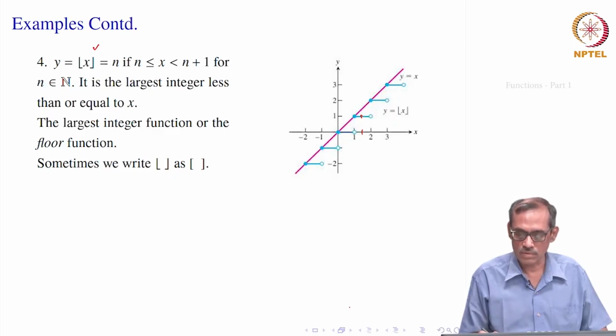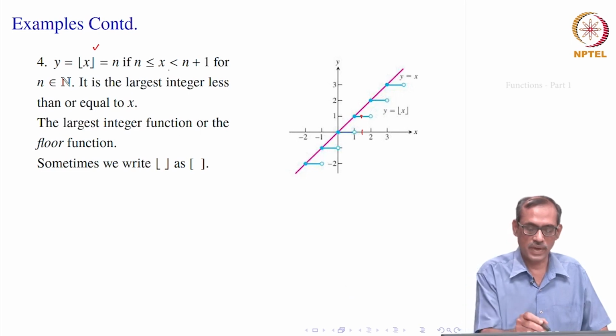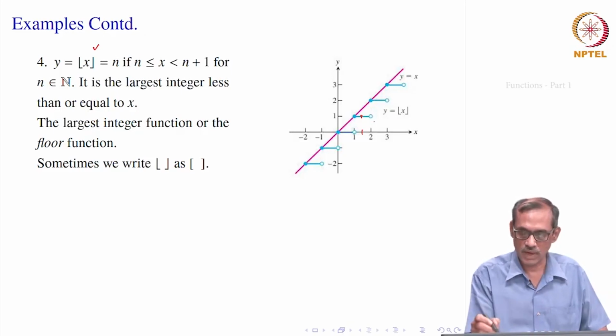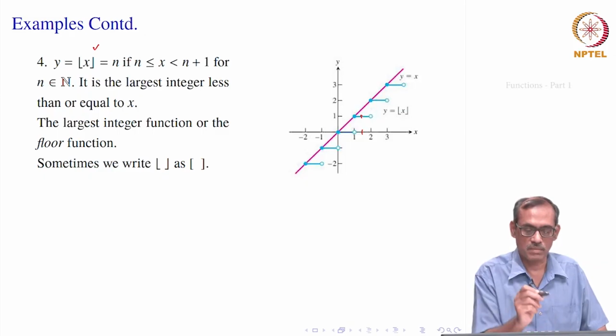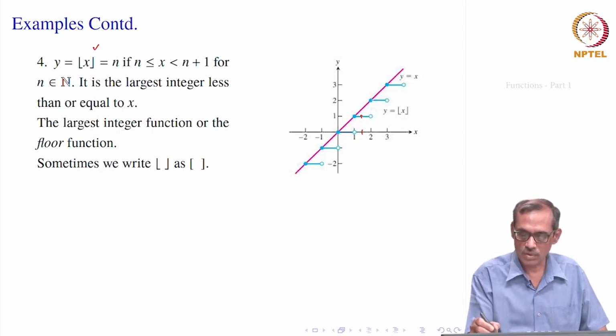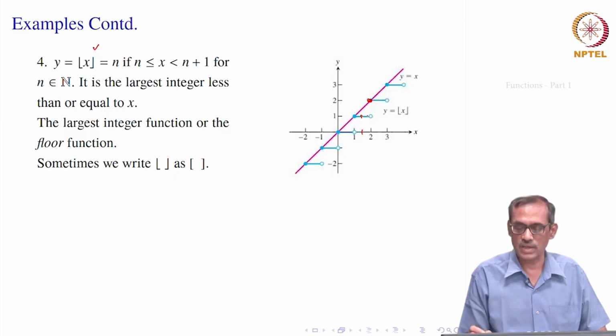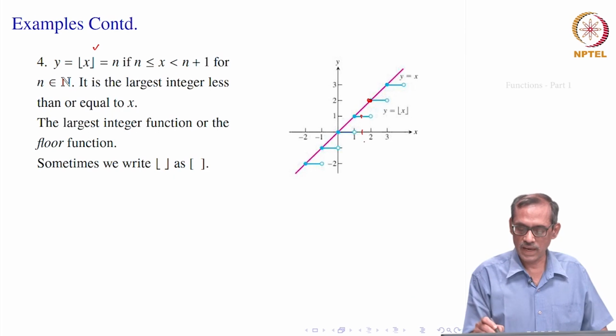At x equal to 2, its value is also 1. Is it so? If x equal to 2, this is not applicable, but n becomes 2 now. No, its value goes to the other side, because y becomes equal to 2. At 2 it is 2. So, look at this solid dot means that is included. If it is a blank dot, there is a gap here, it is not a solid one, it is a hollow circle. So, that means that point is not included. So, when you say x is lying between 1 to 2, but not equal to 1 or equal to 2, its value is 1,